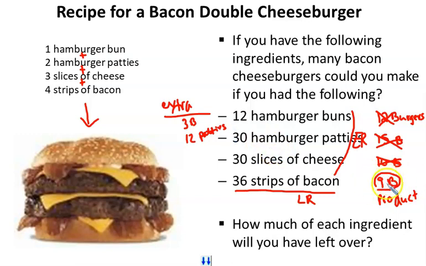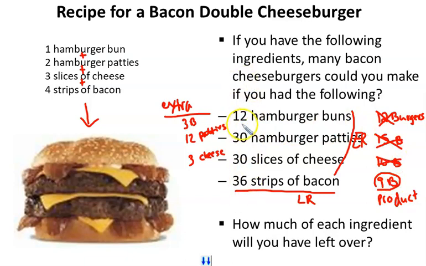If I'm going to use 9 burgers, but I need 3 slices of cheese, that would be 27. That's going to give me 3 extra cheese slices, because 9 times 3 is 27, and 30 minus 27 is 3. So I'm figuring how I'm starting with the product, figuring out how much I would use, then I'm subtracting from